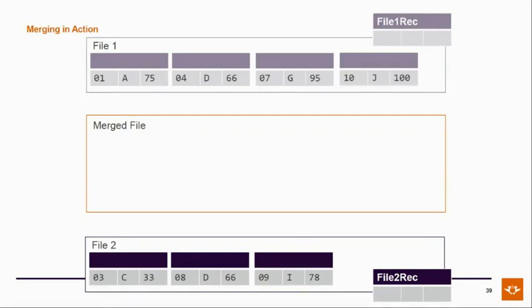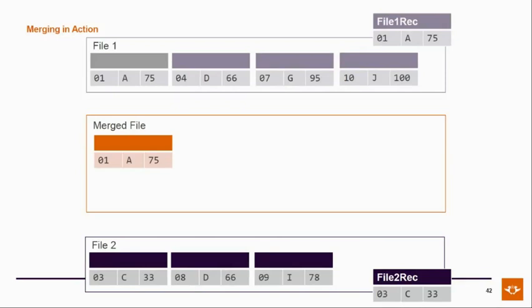On the right-hand side of both file 1 and file 2, you'll see the current item being tracked. So if we go through this, how would this work? For file 1, we load up the first item or the first object, which is 01. And for file 2, we load up the first item, which is 03. We see that 01 will, in sort order, be before 03. So we write 01